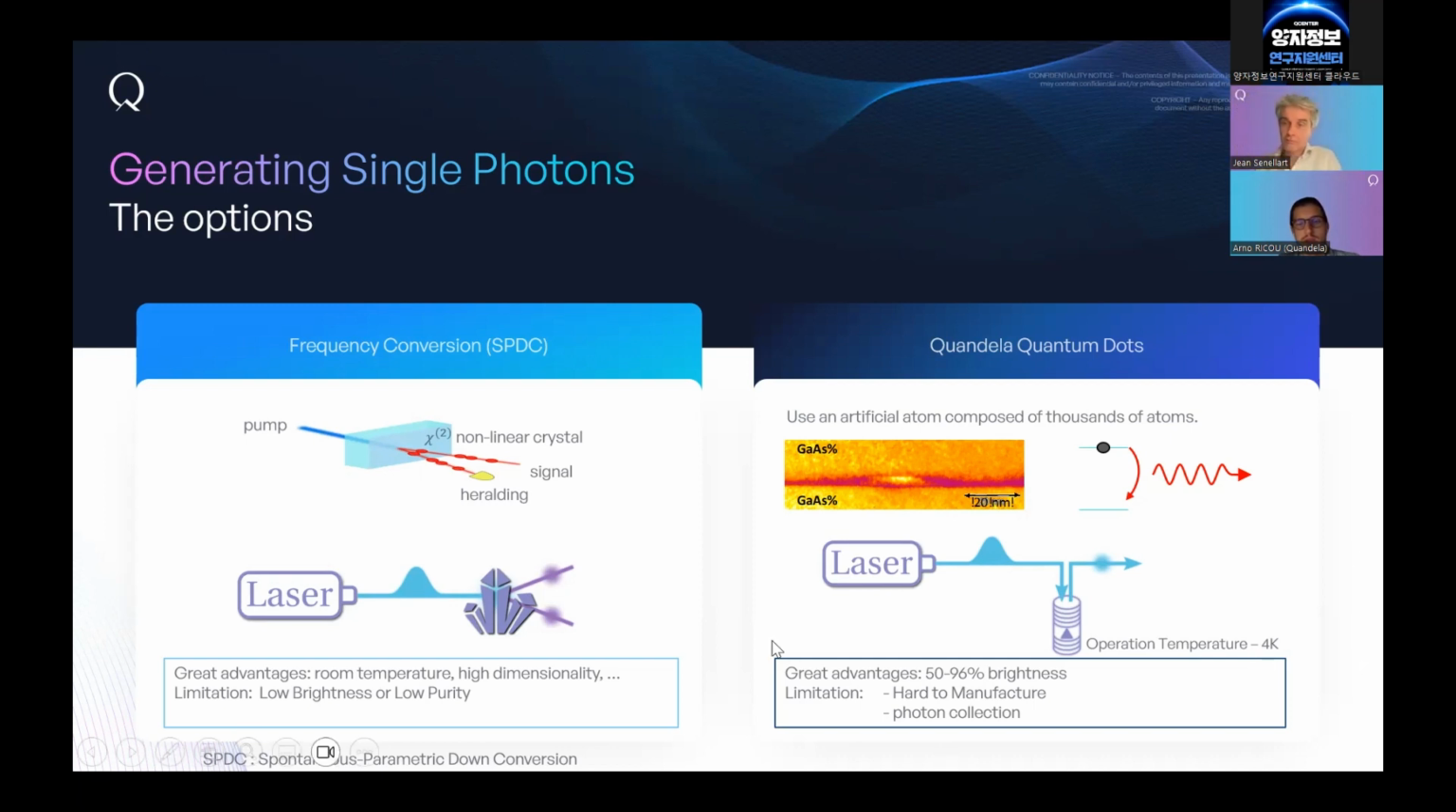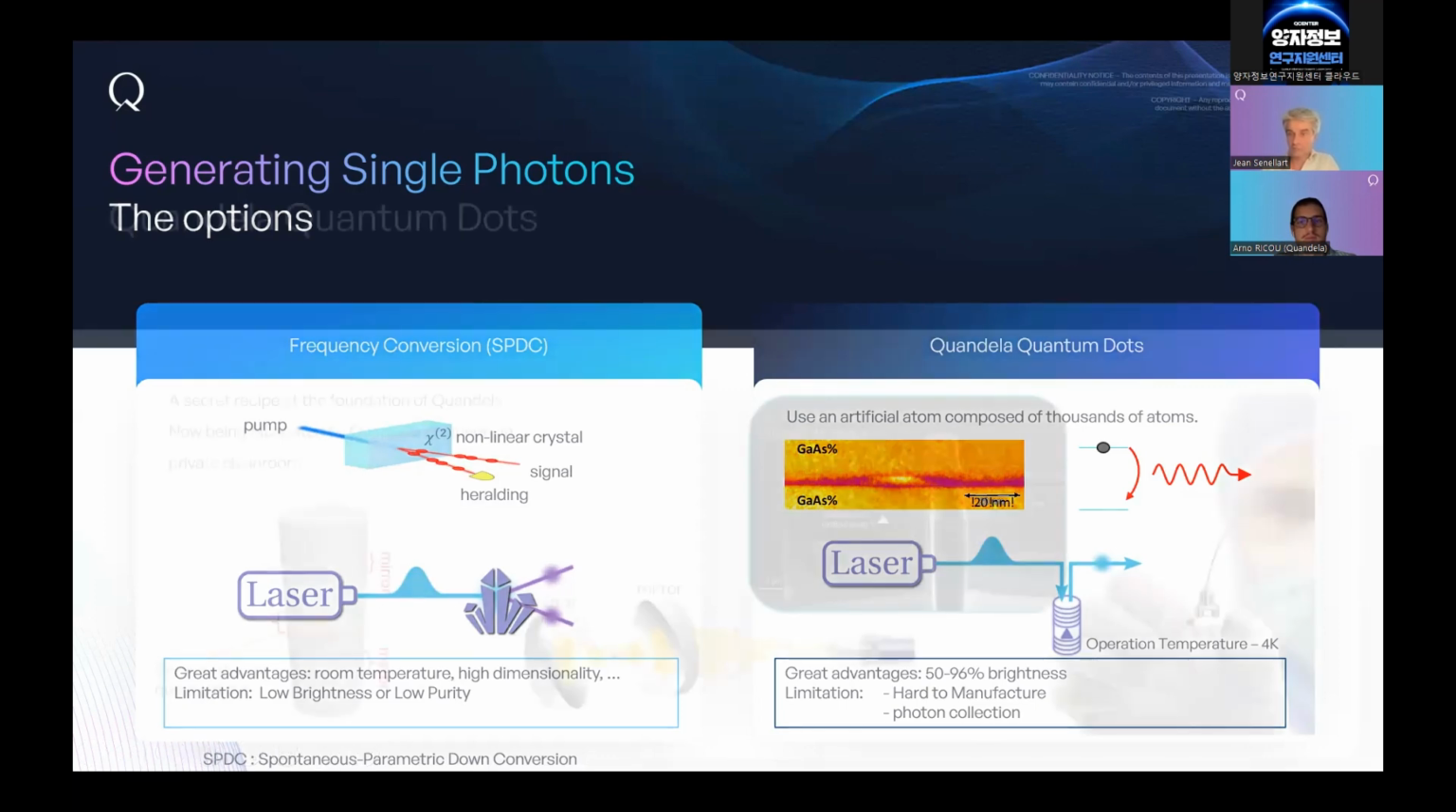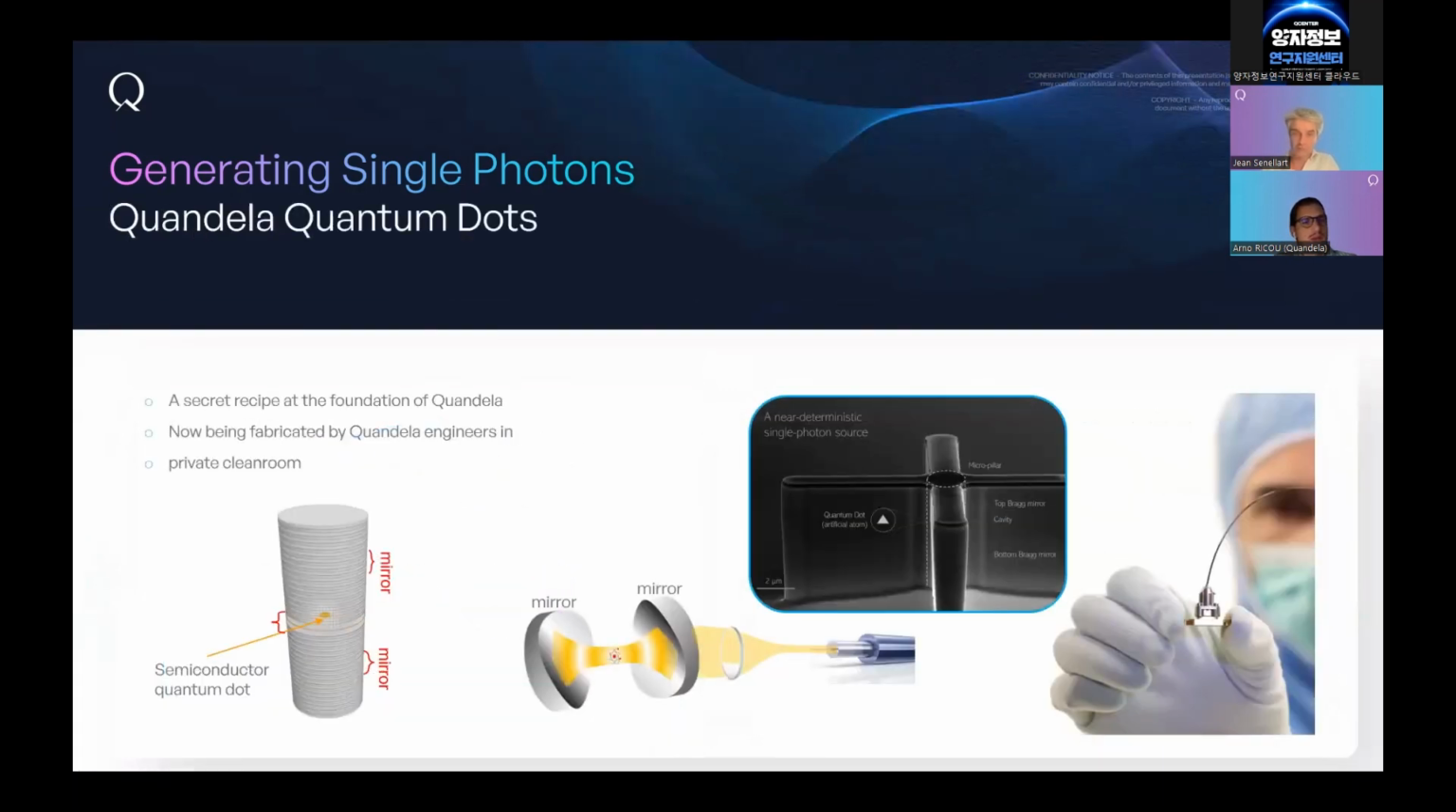Also, the manufacturing is harder. And well, at Quandela, we're happy to say that we mastered this manufacturing. That's our major competitive advantage in order to build a quantum computer. And photon collection can be harder than in the previous approach. So at Quandela, we have a secret recipe for